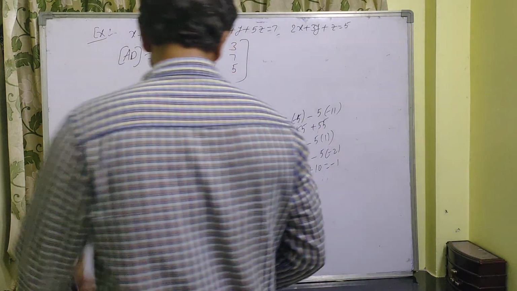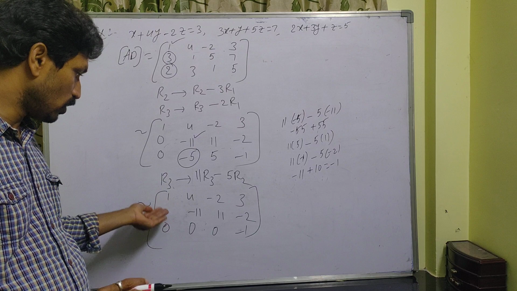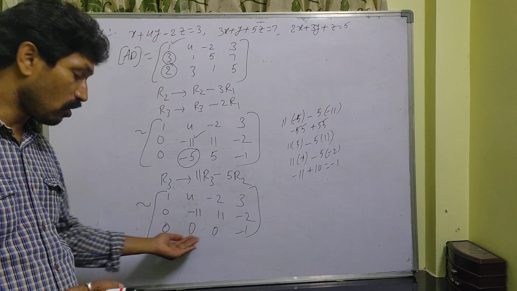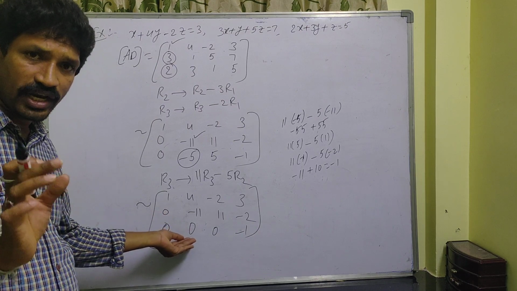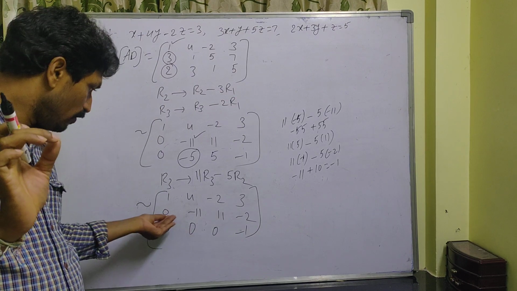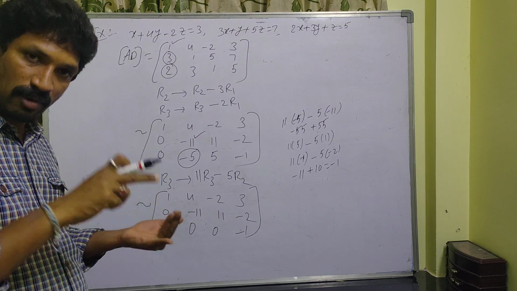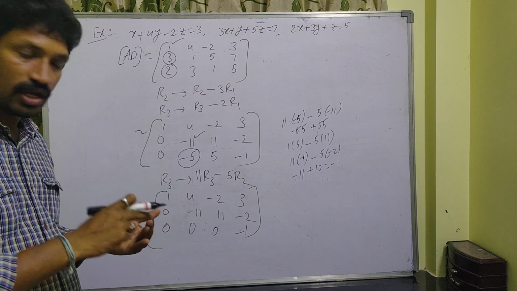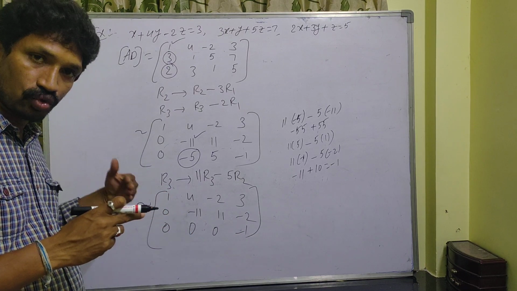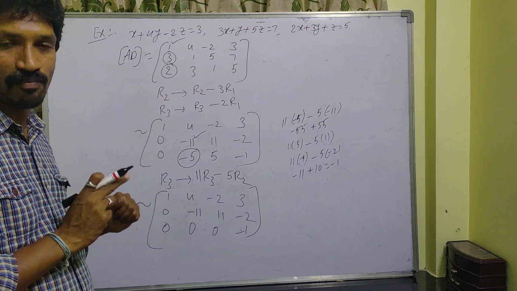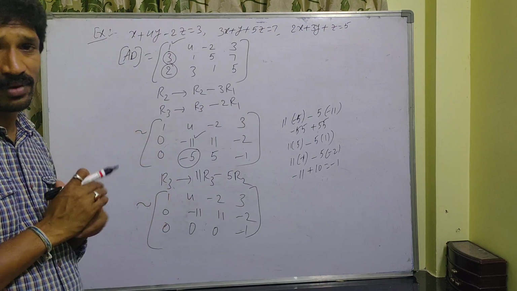See, it is in echelon form very clearly. In the first row, no zeros before the non-zero number. In the second row, 1 zero. In the third row, 3 zeros. Of course, here 1 zero. Don't think that if it is 1 zero here, it should be 2 zeros next. It should be more than 1. That may be 2 zeros, 3 zeros, 4 zeros, whatever. In the third row, the number of zeros should be more than in the second row. That is the important thing. How many does not matter, any number you can take.